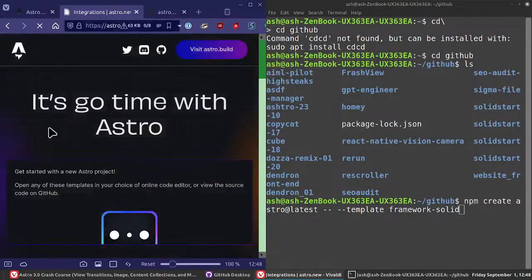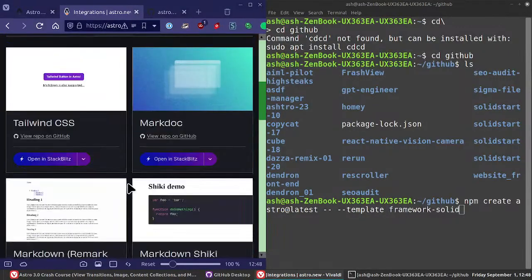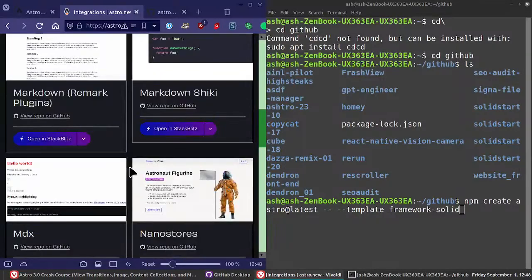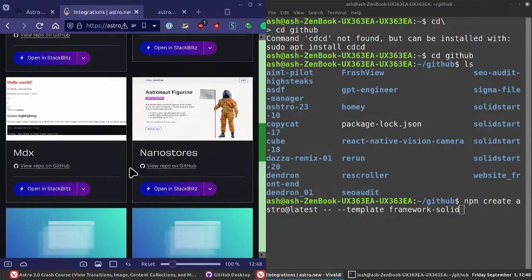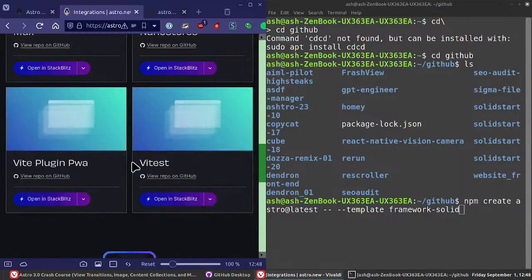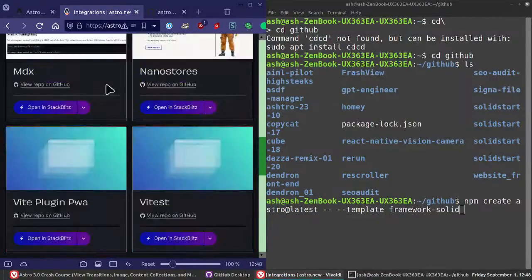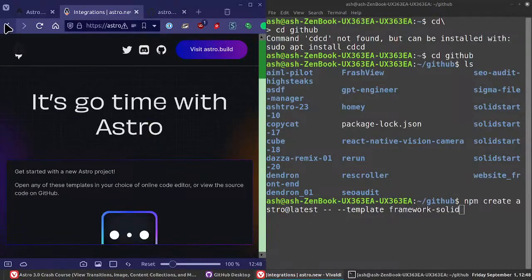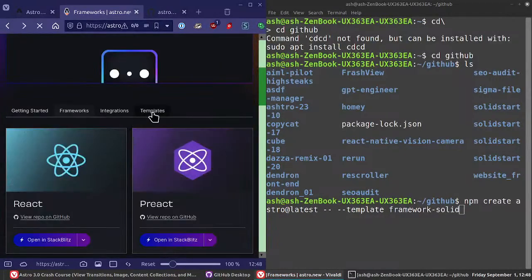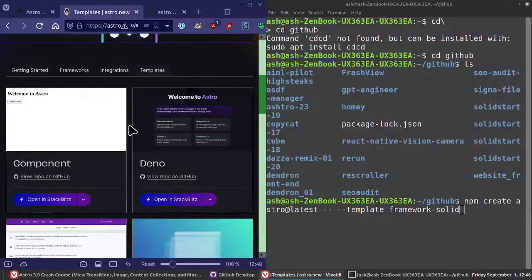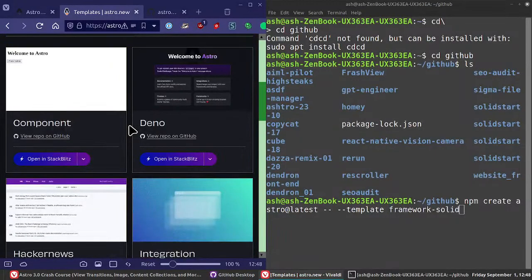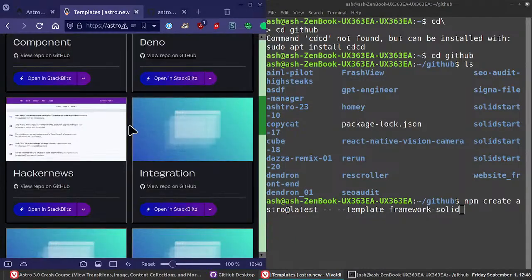So look, what are the integrations we've got here? Tailwind, MarkDoc, yep, cool. I like that. Markdown, MDX. I was using MDX before, and I've got nano stores on my thing. I didn't use it much, but I guess it's got its uses. Alright, cool. Templates. Oh, Deno. I quite like using Deno rather than other, but